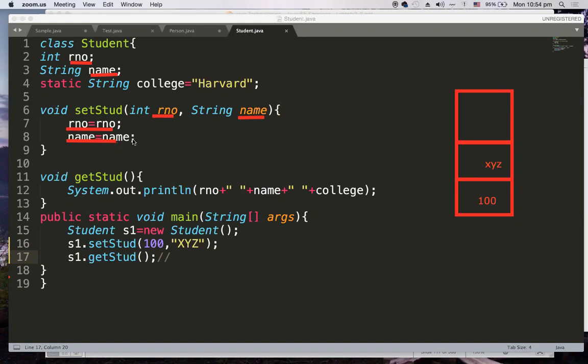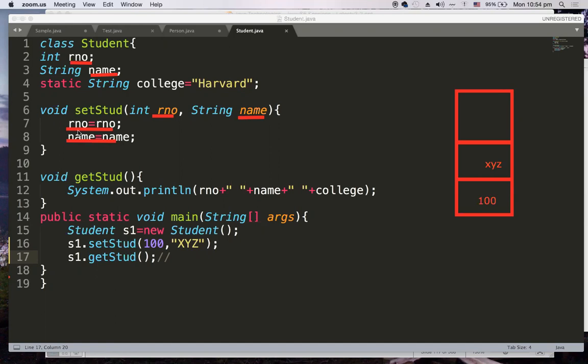So this is called the principle of locality of reference, right? The local variables have precedence over here. In this block, the local variables have the precedence.